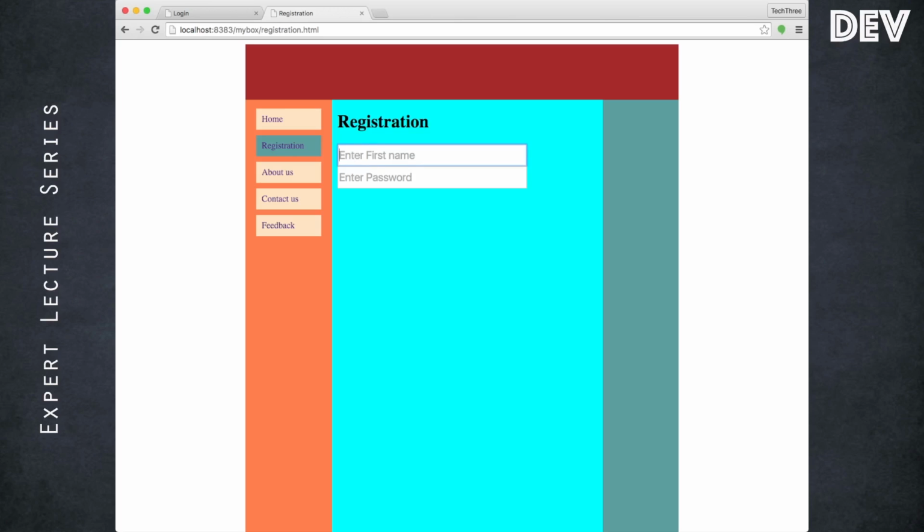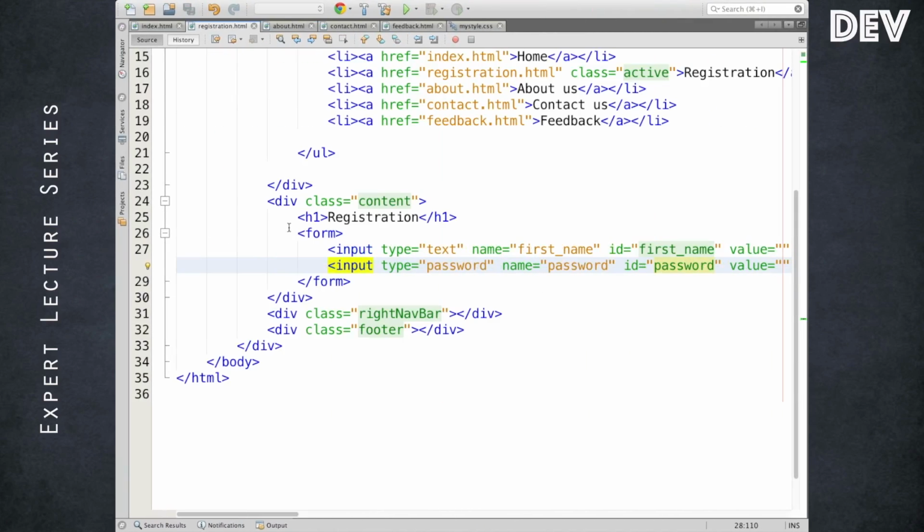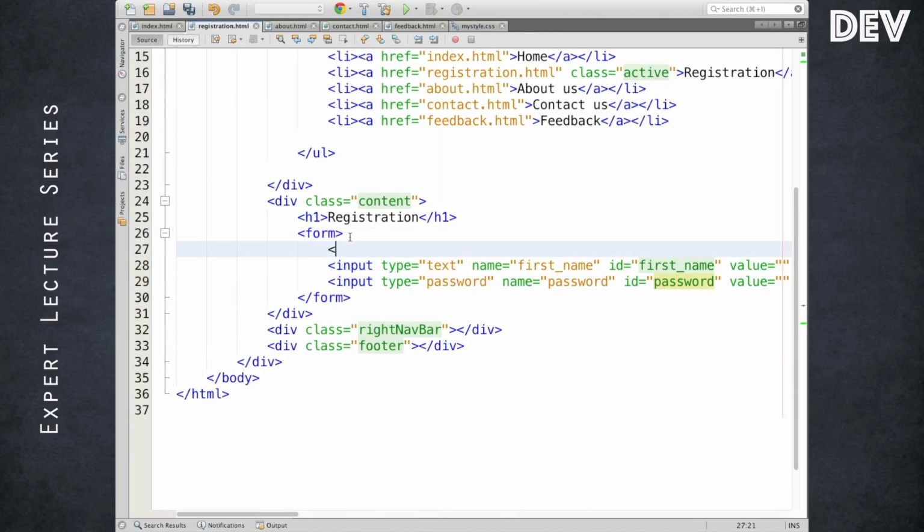But assuming I enter in this way, I won't know which field is for which purpose. So whether the Raja in this case is a first name or username, I don't know. So it is recommended to have a label. That's the reason we often keep a label even though the placeholder text exists. It is better to keep a label inside a form so that the label is visible.